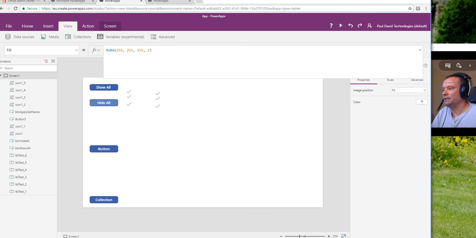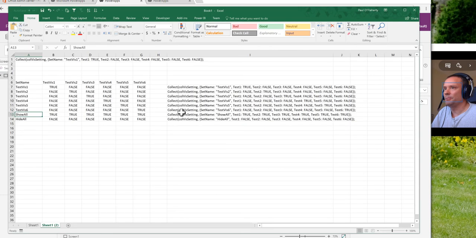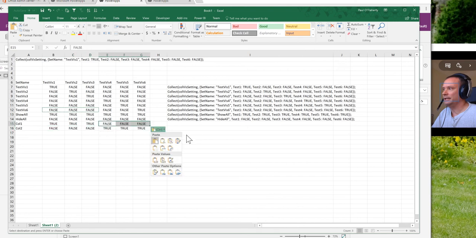So let me show you something here. I'm going to go back to the little thing I set up in Excel, and I'm going to say, right, what I want is to have a setting which makes everything in column 1 visible, and a setting which makes everything in column 2 visible. So the things that were in column 1 were test 1, 2, 3. So I'm going to set these to true. And in the other one it's the other column that's visible, and we'll just pop our falses in here,